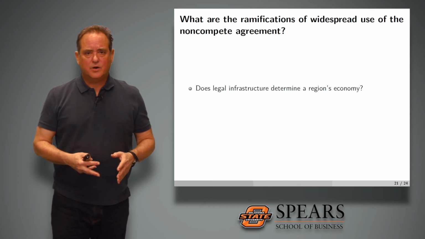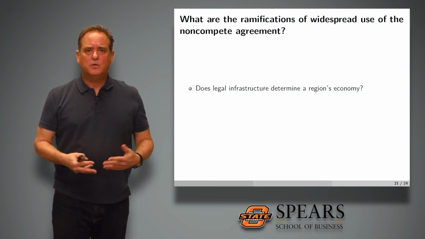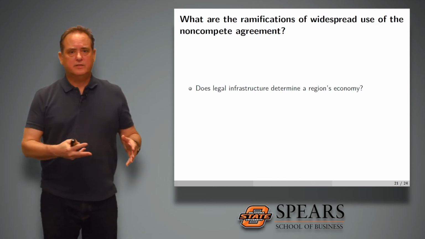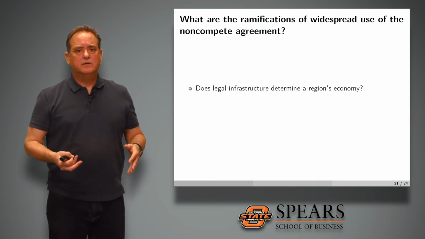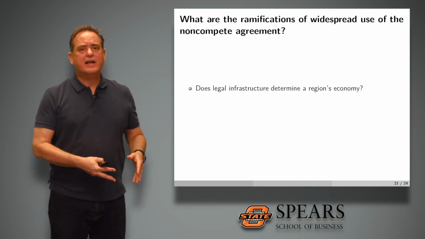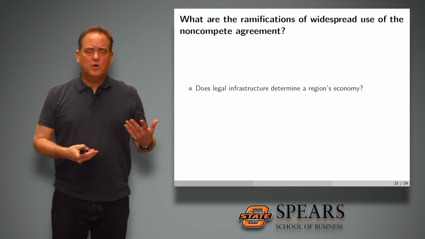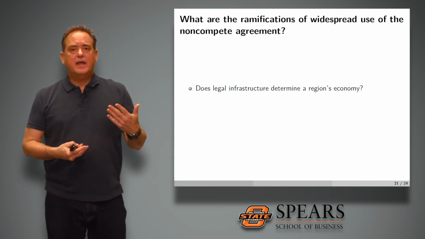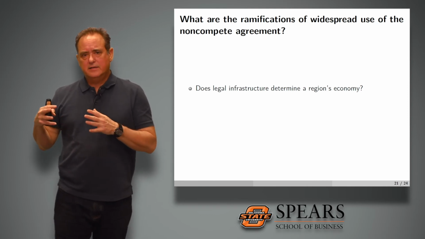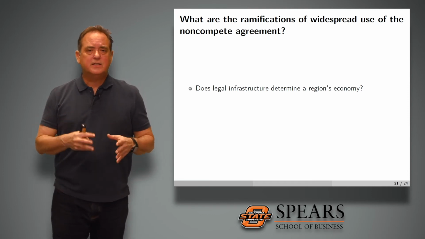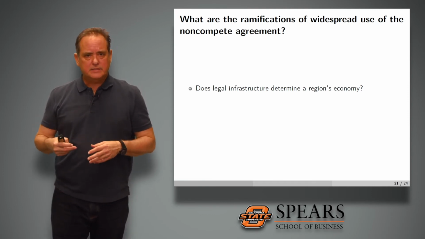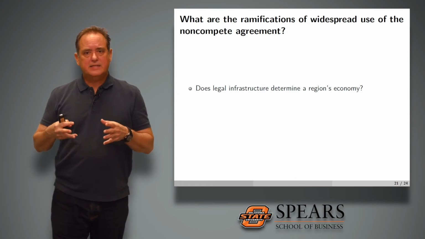Silicon Valley arose in California. Now, why is that? Well, you could argue that there's good schools in that area. It's an attractive area. It's a place where people want to live. So that's one argument. But the other argument is that because California doesn't allow non-competes, what that means is that